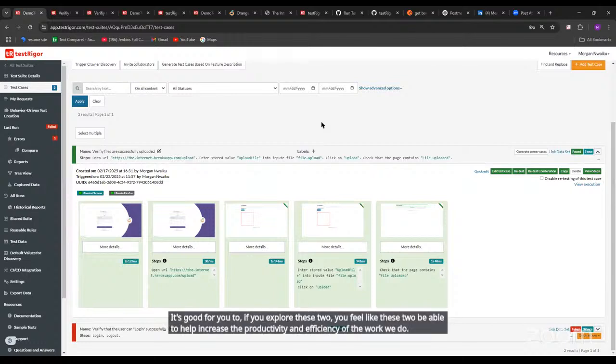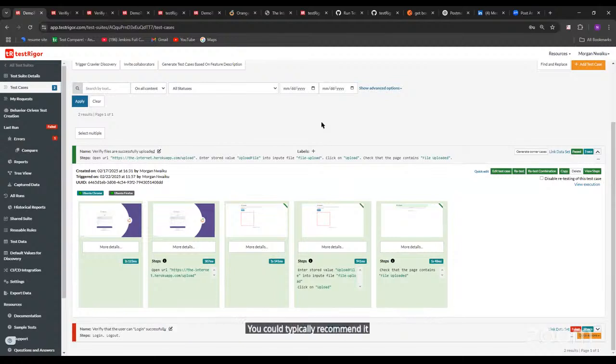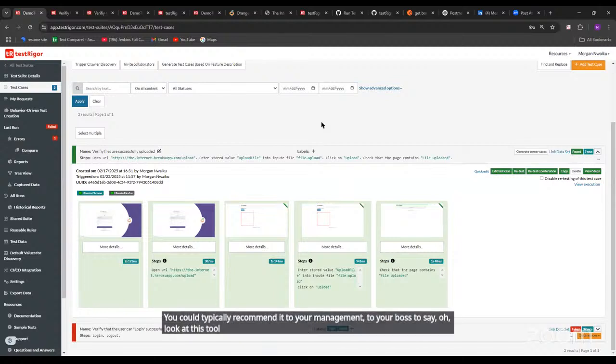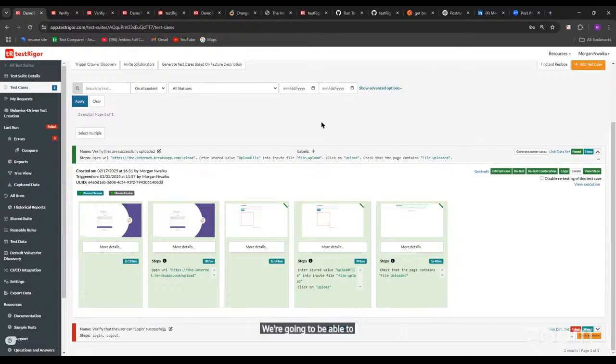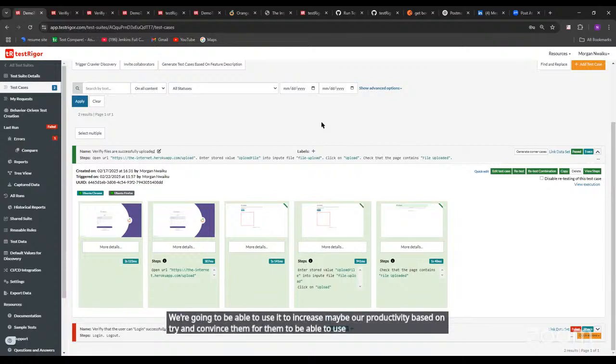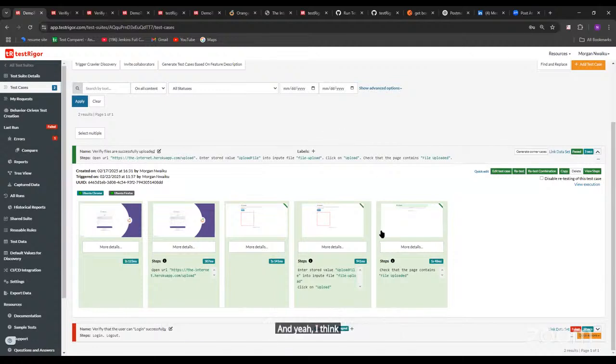you could recommend it to your management, to your boss, to say, oh, look at this tool, this is what it does. We can use it to increase our testing productivity. Try and convince them to use it, not just stick to, oh, this is all we'll have. No. And yeah, I think I've been able to say a lot in a very short period of